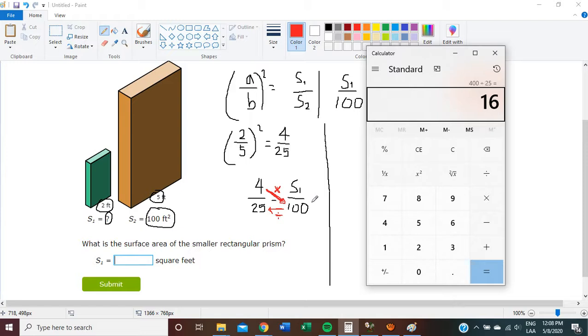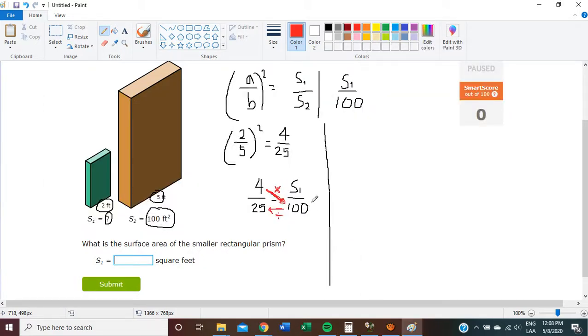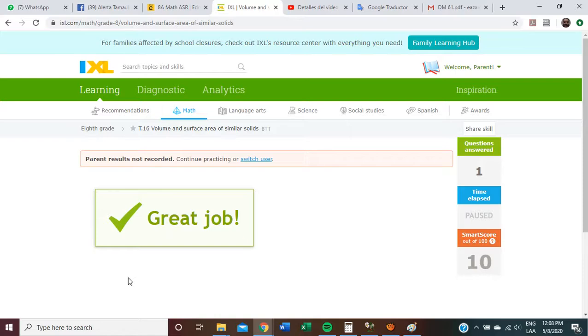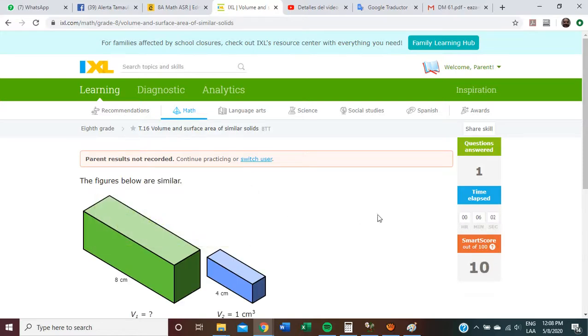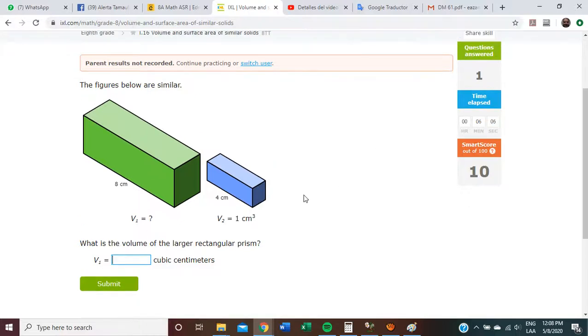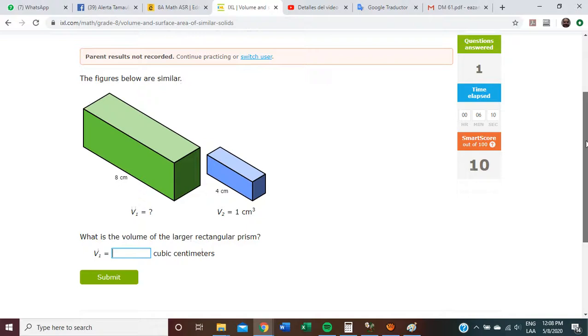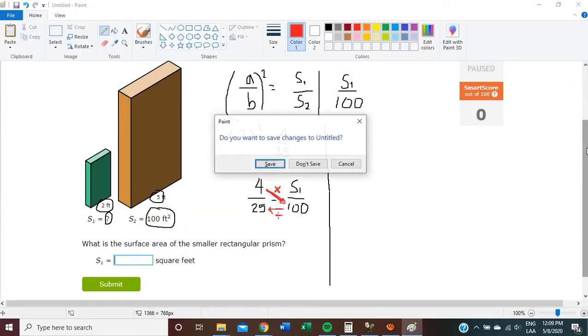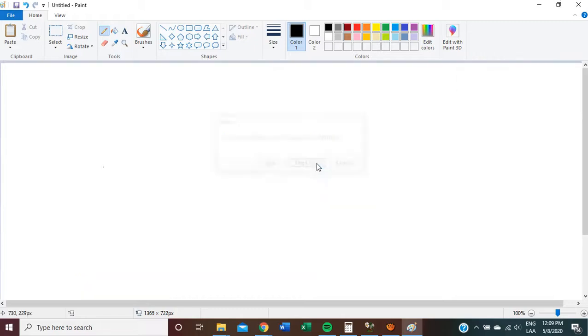Okay, so this is what you have to do with the rest of the problems. So let's write 16 in our iExcel web page to see that it is correct. All right, let me help you do this second problem. Okay, let me print the screen. I'm gonna open a new Paint